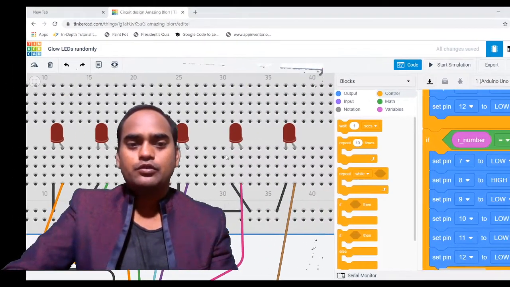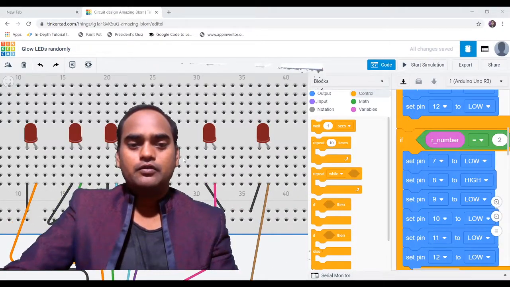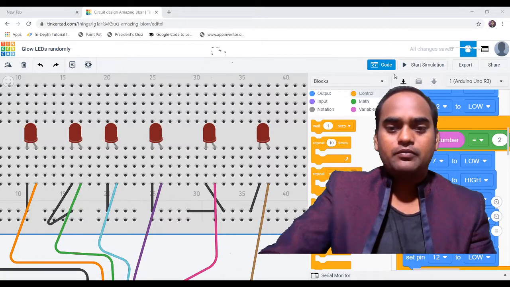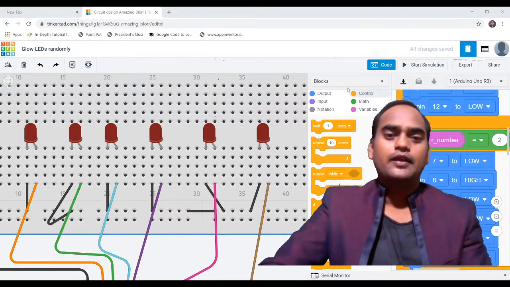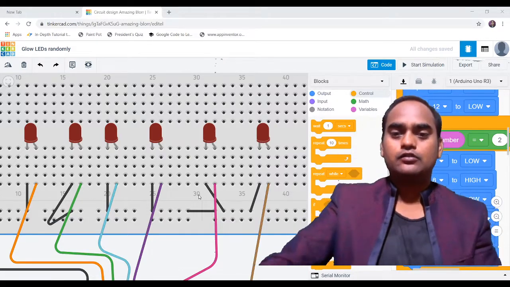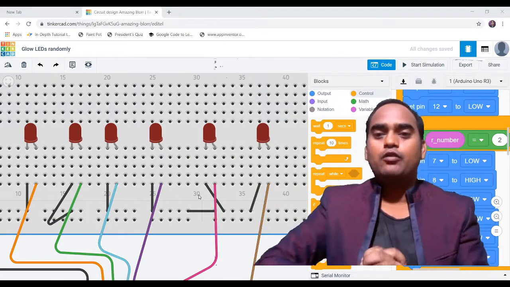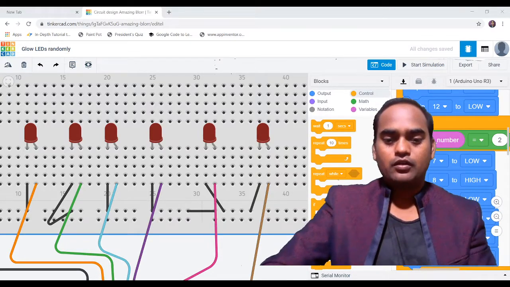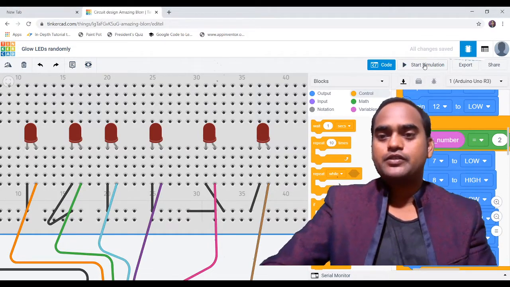Let me move to the side so that there is no problem for the audience. That's good to see. So here I have made the stage clear, and the code is already written, and now I'm going to turn on the simulation so we can see whether our code is working or not. That's fine. Let me start the simulation.